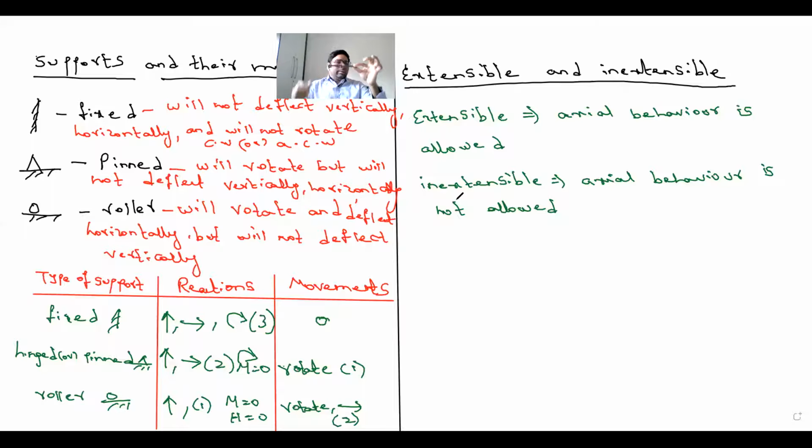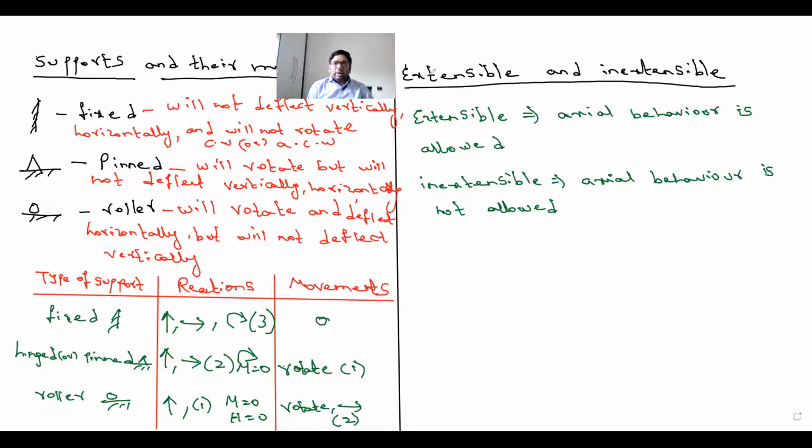For example, I can take a rubber band. What will happen if I hold it with two hands and try to stretch on both sides? It is extensible. But if I hold one end very tightly and only release the other end, it is extensible in one direction and inextensible in another direction. But if I am holding the rubber band in two directions without pulling it, can someone pull it? Not possible. That is called inextensible. So in brief, that is the concept associated with extensible and inextensible, and various types of supports.